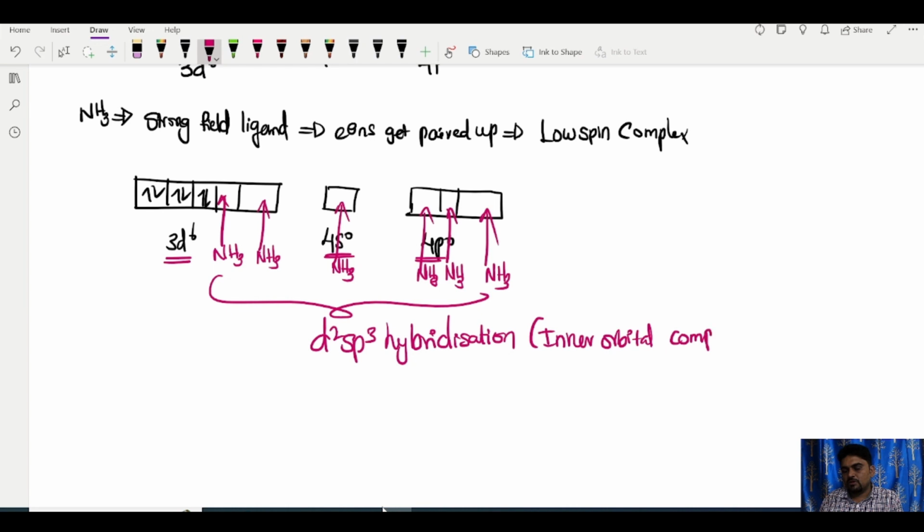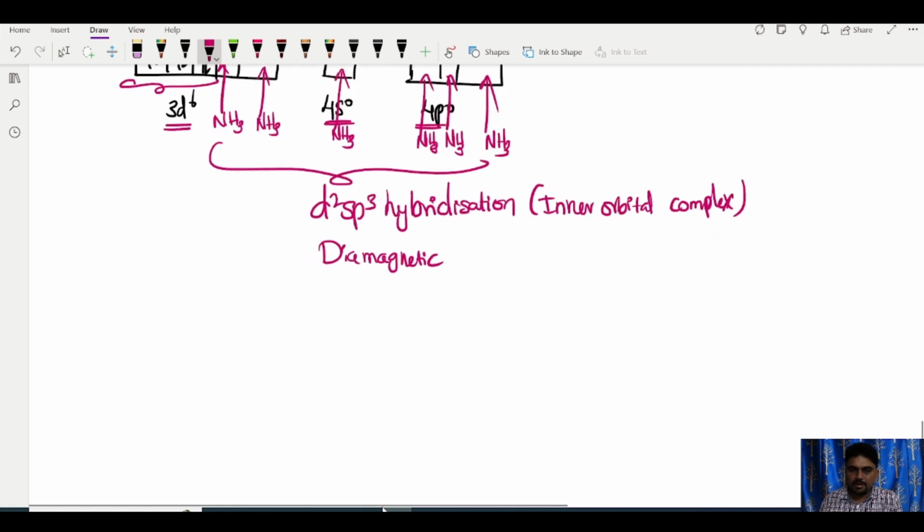Inner orbital complex, and whether it is paramagnetic or diamagnetic, you can observe all are paired up electrons, so it is a diamagnetic complex. First we are going to see all the properties of